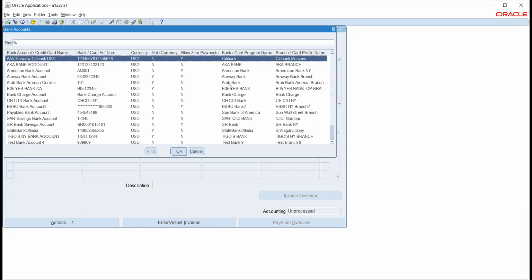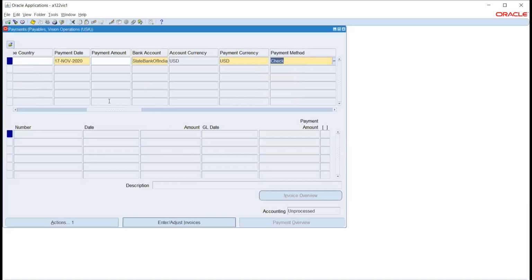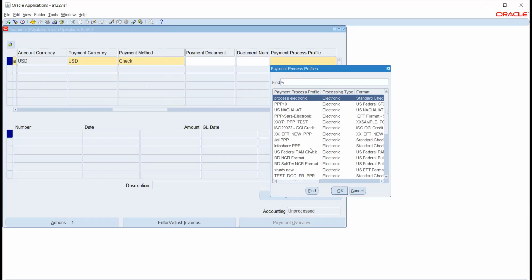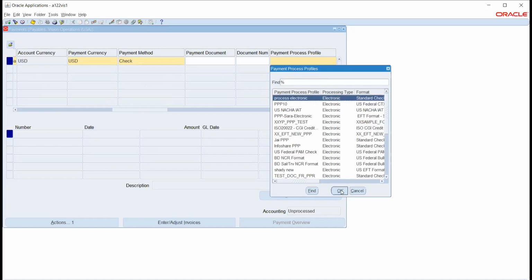I forgot the bank we exactly created. Okay, let me take the SP for now. Maybe you can process another payment as well. Yeah. Okay, I think we chose electronic, not